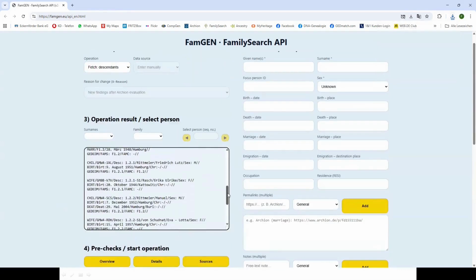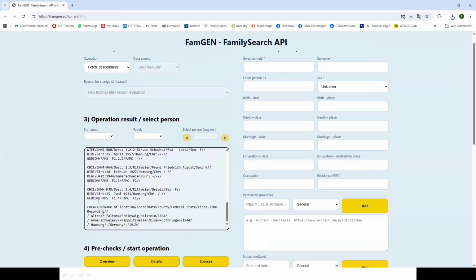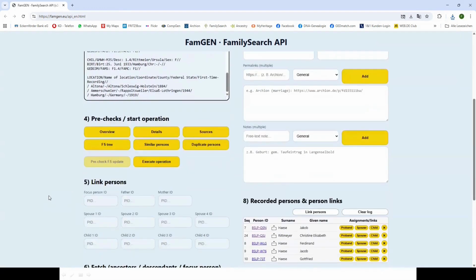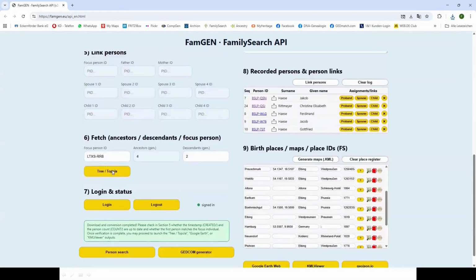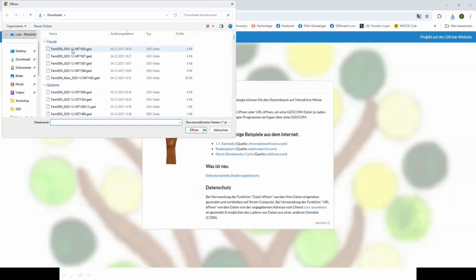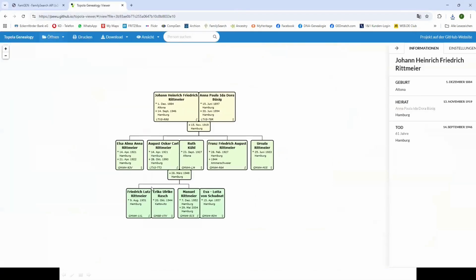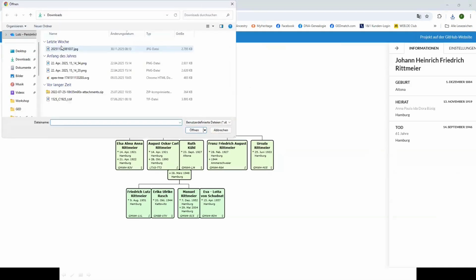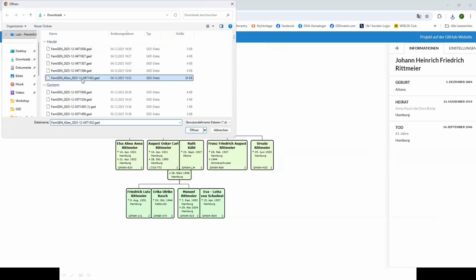What was in the downloaded data from FamilySearch? In this case, only 3 locations. And again, the tree. This time, only 2 generations, not so big, but it can look also very different if you have much more loaded. For example,